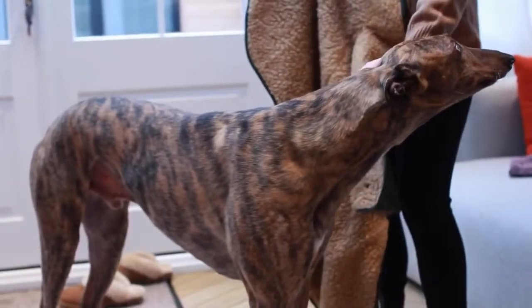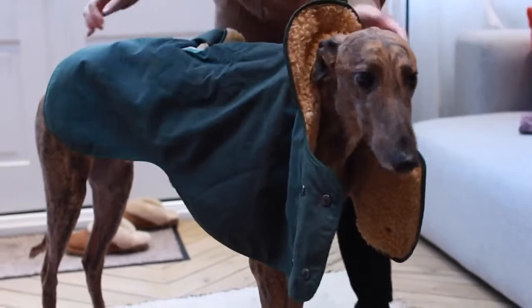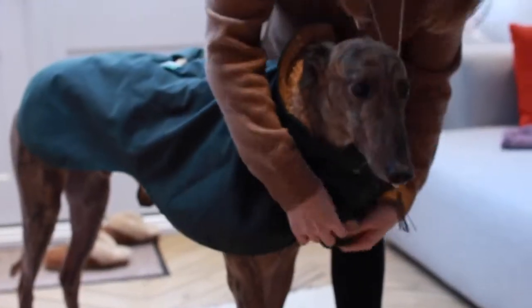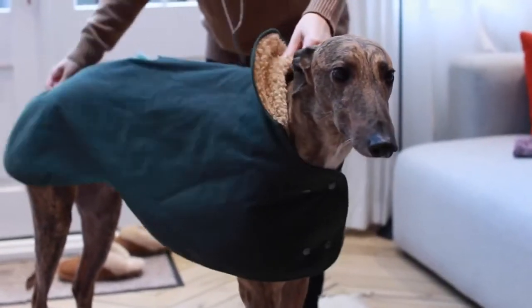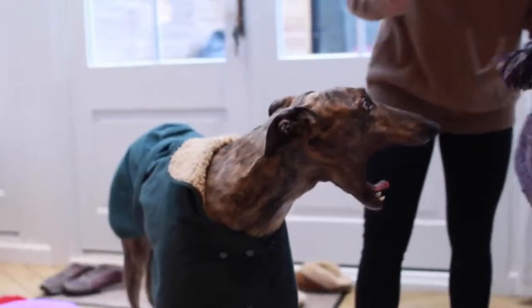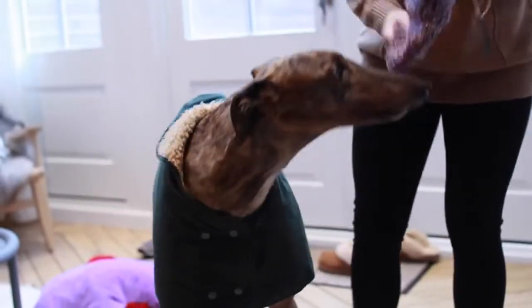Even though it's a lazy day, Reggie still needs his walks, so he needs to have his coat on, but unfortunately, it's getting very cold and it is just so rainy. The wintertime in England is always so rainy, so he has to wear his raincoat because he has hardly any body fat and he needs to be warm. And I'm putting a hat on him as well because I am just like the worst dog mom ever, anyway,